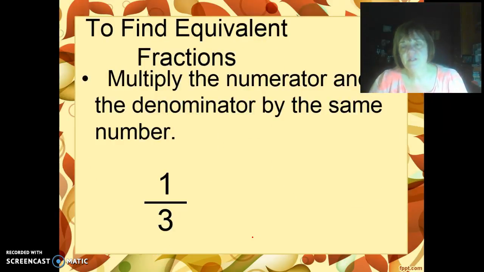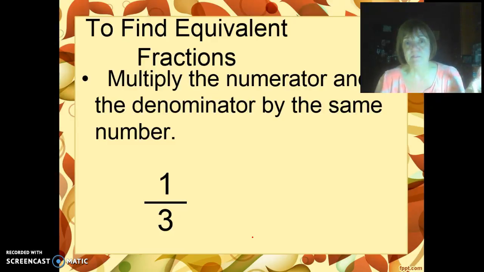Okay, so sometimes it's not practical to draw pictures all the time, right? So this is how I want to show you now how to do it. This is actually the way we will do it from now on. But I want to show you that we multiply the numerator and denominator by the same number in order to get an equivalent fraction. Now, the reason we want to do it this way instead of drawing pictures, you're